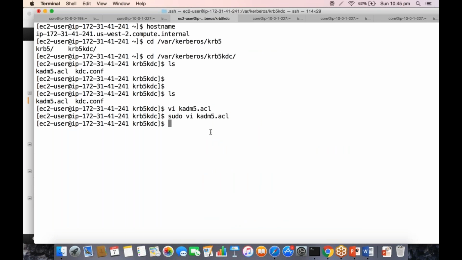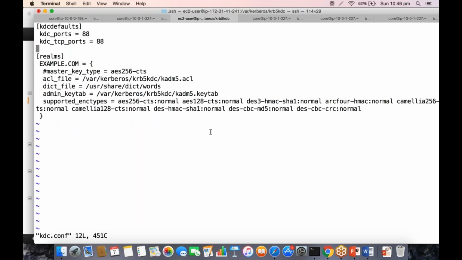sudo vi kdc.conf. Okay, so the realm is nothing but the domain, and here the realm is example.com, which in our case would be compute.internal.